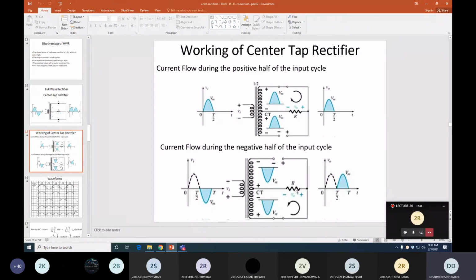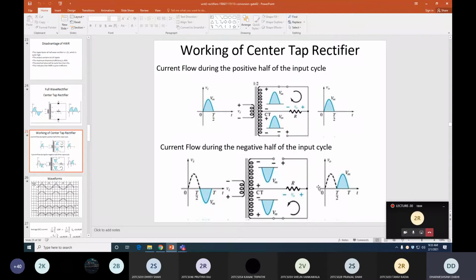So it means that the direction of current as well as voltage across the resistance remains the same, with the same polarity as we can see in the first half. So you can see that in the second half, the negative cycle of your supply, again you get the positive load voltage, because the right hand side is positive with respect to negative, because current is flowing in this direction.